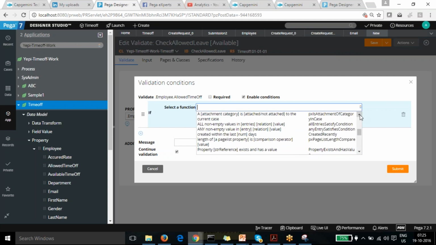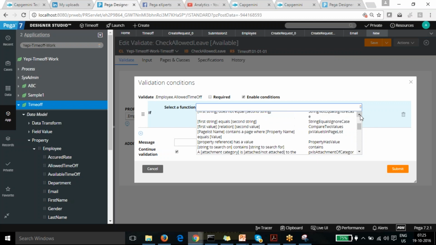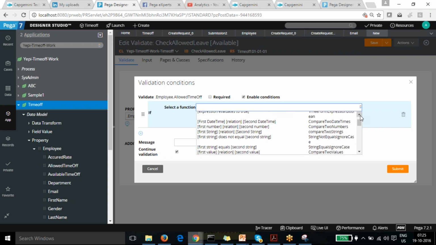So here, you want to use compare two values. You can see the first number's relation with the second number. We want to compare two numbers.